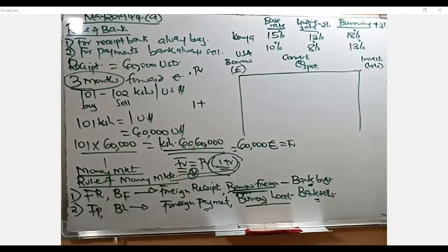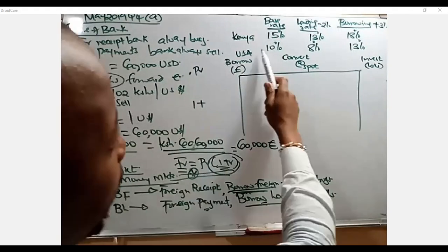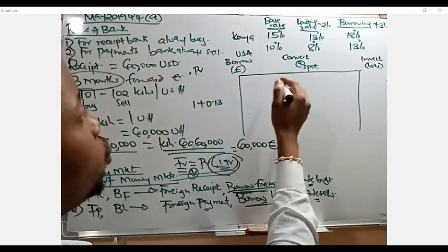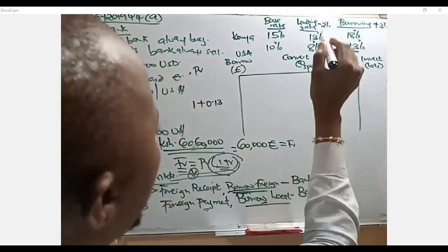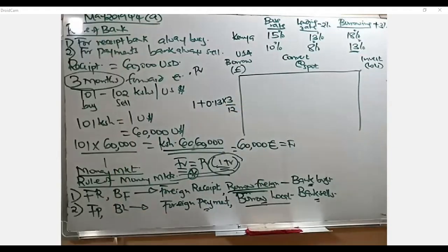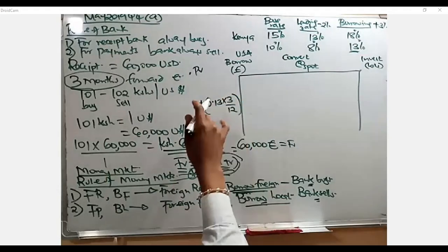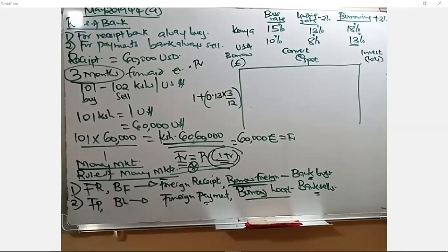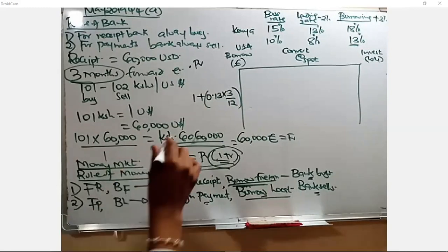So unakuja hapa hata kwa hii chart yako una analyze. I'm borrowing at 13%. So the rate becomes 0.13. But don't forget 13% is per annum. But wewe unafanya contract ya miaka ngapi? 3 months. 3/12. 3/12. So you calculate this first before you add one. Because the interest rate is for only 3 months. Now, in that case, because I know you are following, you just say 0.13 times 3, you divide by 12, then you add 1. So the discount factor of ours becomes